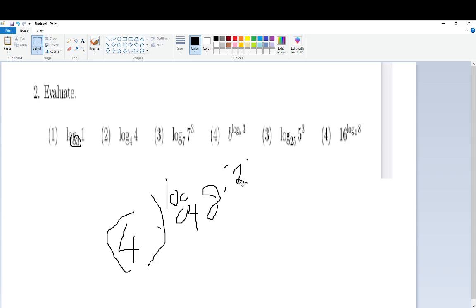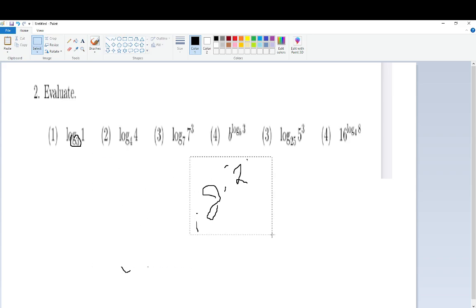And I'm allowed to put it as a square. Now I can see this log 4 is over this 4, so they cancel. So the answer is 8 squared, or if you want, 64. The answer is 64. If ever you want to do this and figure it out for sure, figure out log